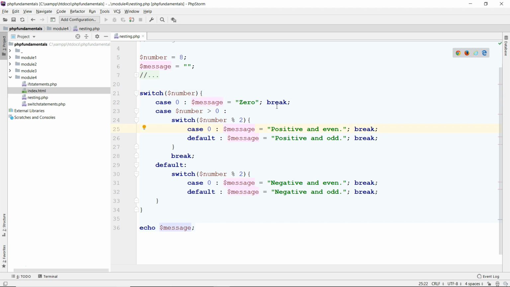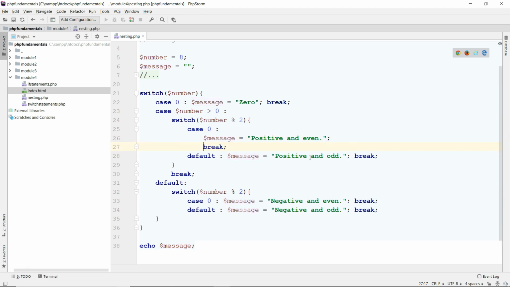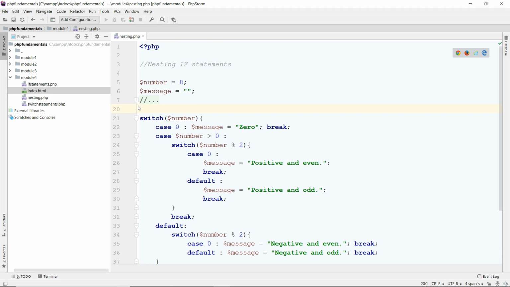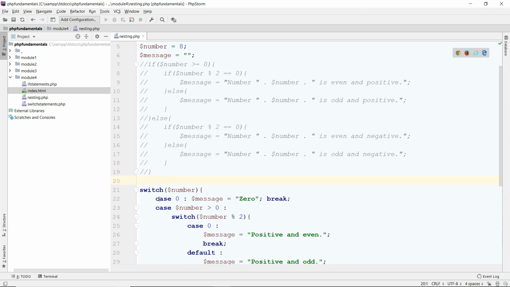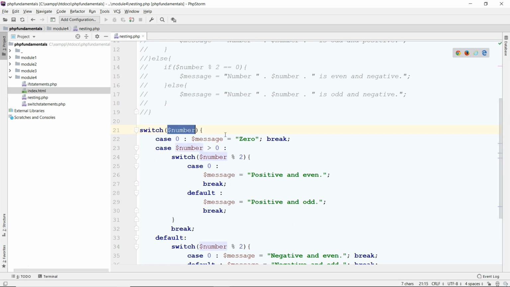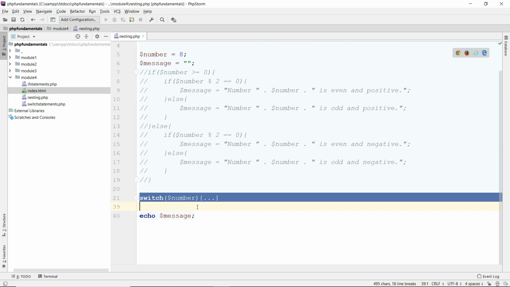Again, if I were to reformat this, you see this would be multi-line like this. Okay, so in here you can put a lot of statements if you want. All right, so that's the switch statements with the nested switch statements. Now you can mix the two, meaning the if and else and the case in here. So for example, if I switch the number here, and let me just copy this and I put it down